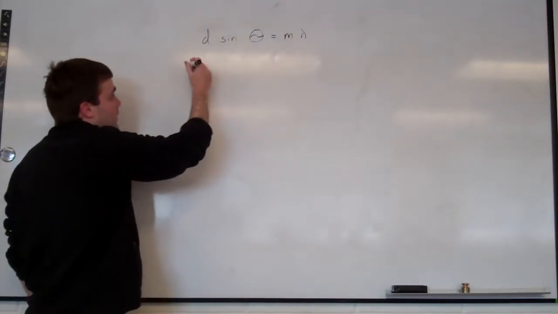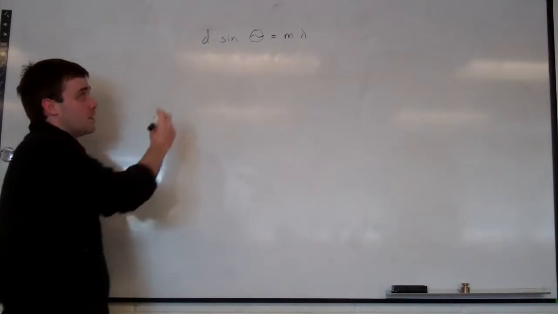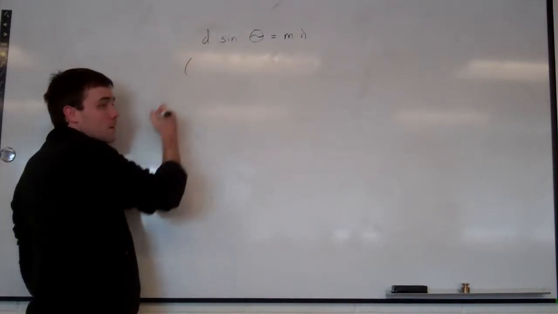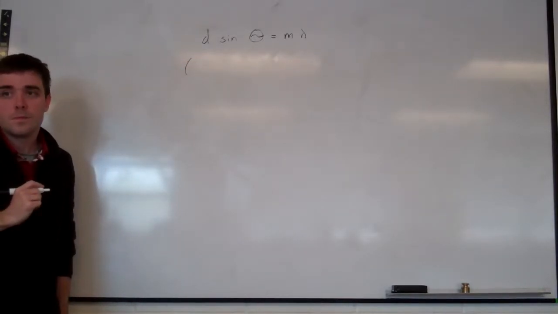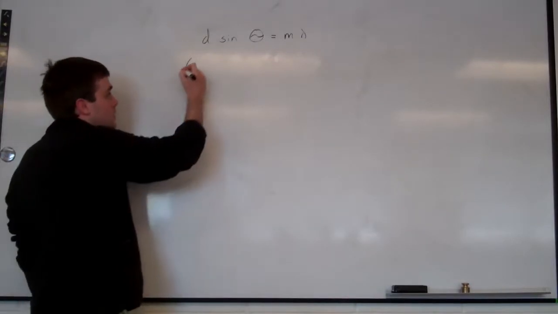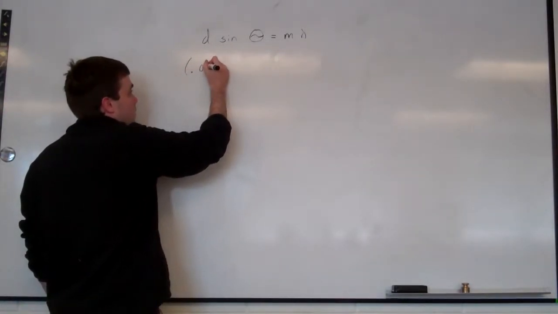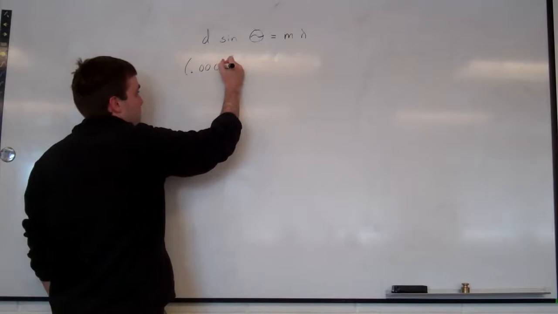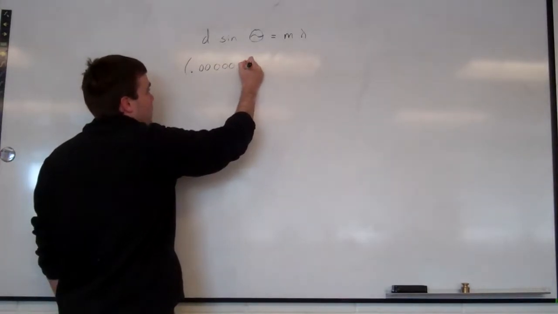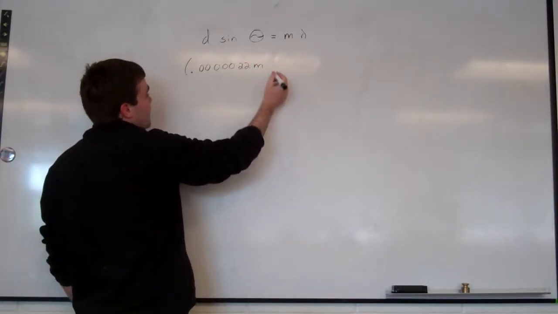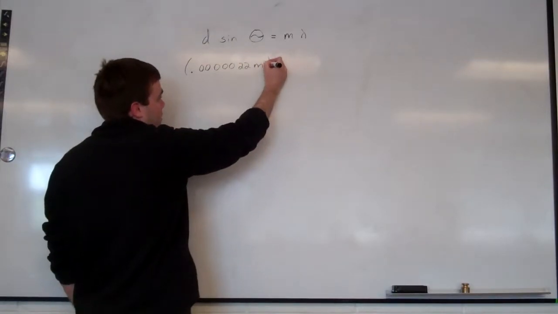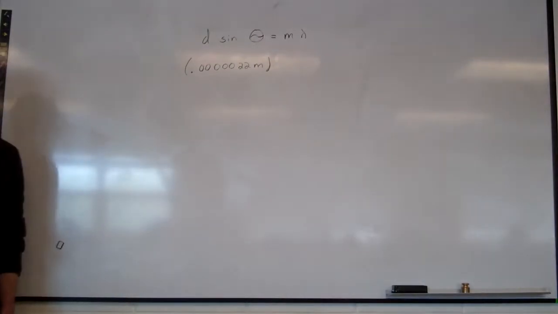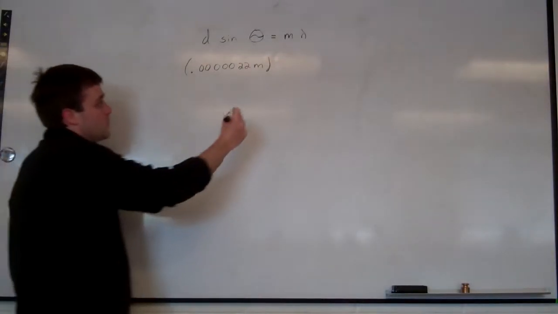Okay, so we're looking for wavelength. What's our distance going to be? 0.0000022, which is 2.2 times 10 to the negative 6. So 5 zeros in front of that, or you could do, as Chloe said, 2.2 times 10 to the negative 6, which might actually be easier. Then we do